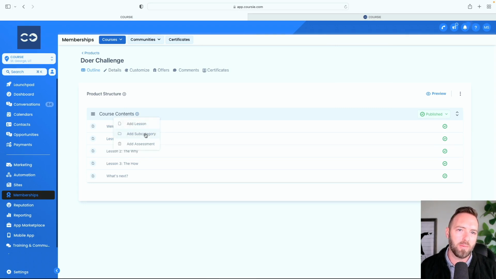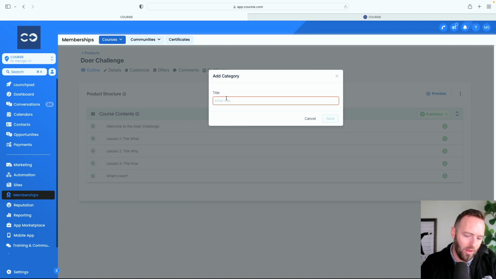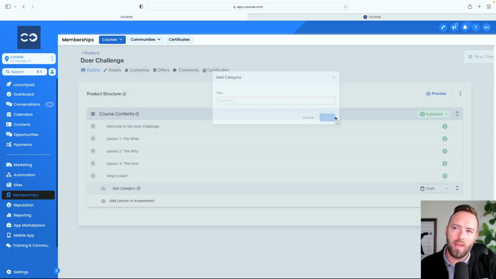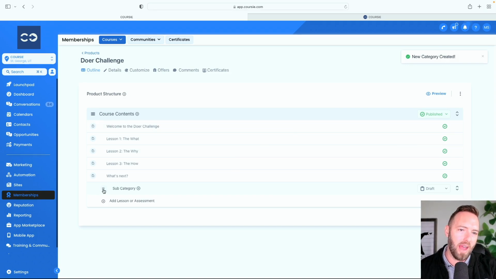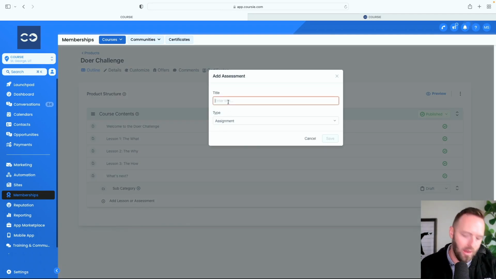If I click this plus button, I'm going to show you what a subcategory looks like. So subcategory, and when you do that, it's going to add that subcategory in here, and then you're going to have the ability to add lessons or assessments in there. Since we've already done lessons and modules, let's look at what an assessment looks like. So we can go ahead and do assessment 1,